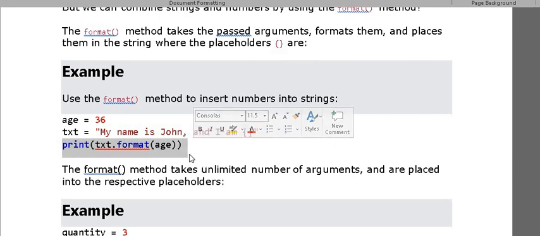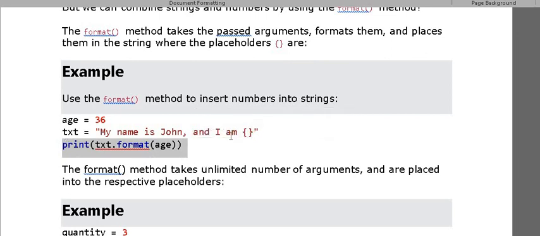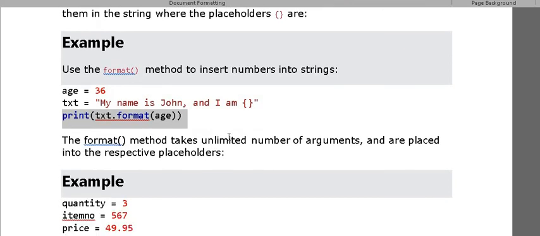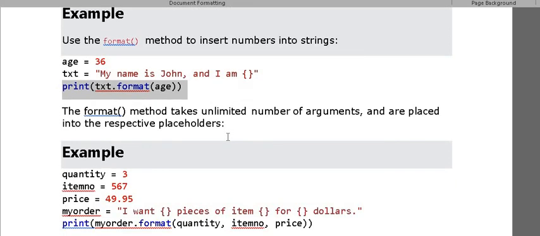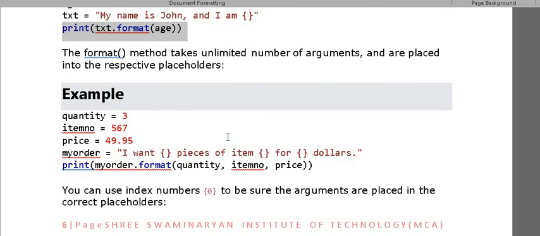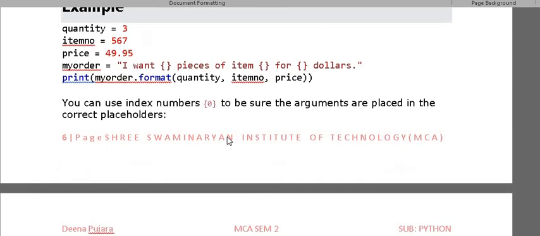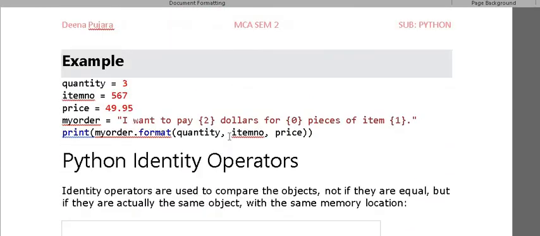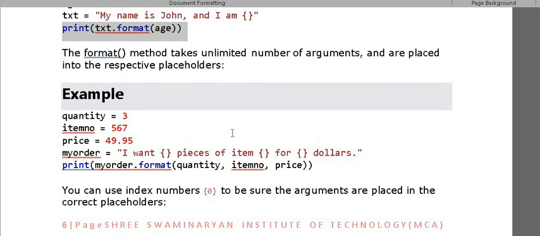So what will be the output? My name is John and I am 36. That is my value. In the same way, here I am taking three variables: quantity, item number and price. Now suppose I want to add these three arguments in this string, then I give three brackets.